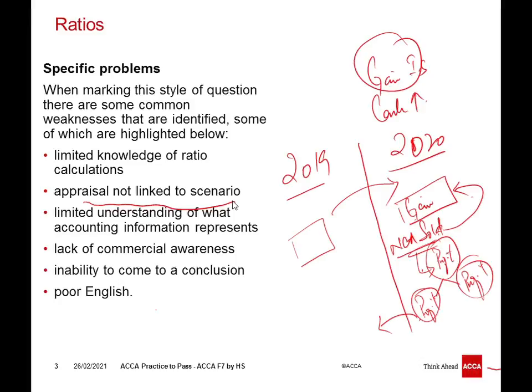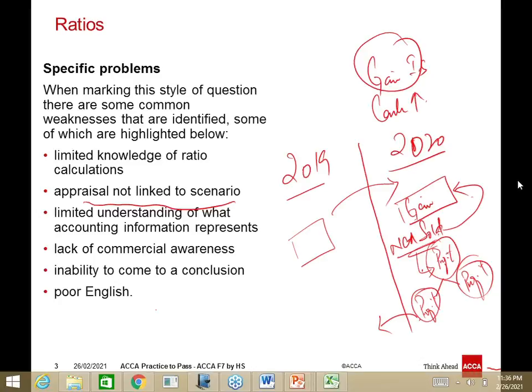So that's the reason the students are just giving the general comment that if the gross profit ratio is increasing, that means there is an increase in the sales price or there might be a reduction in the cost. These are the general comments that the examiner doesn't want to hear. The examiner wants to know that you know how to incorporate the scenarios, because remember this point, when we do the comparison,